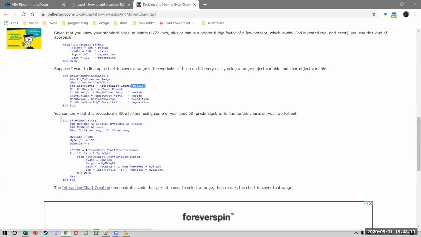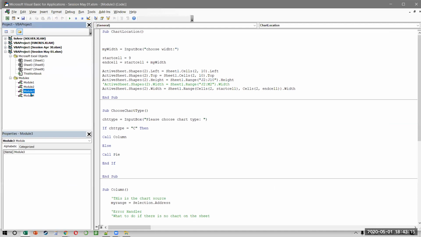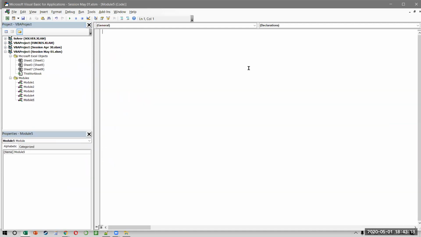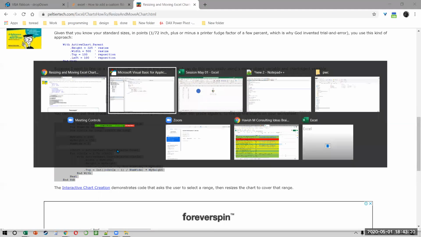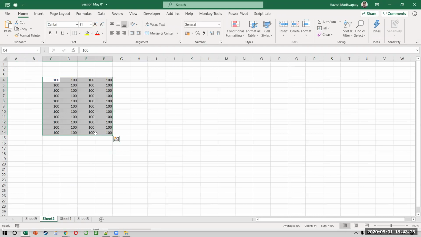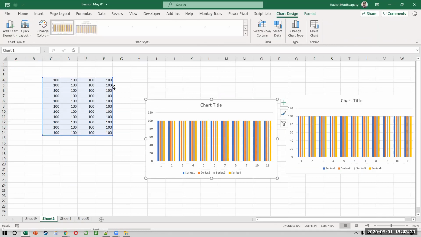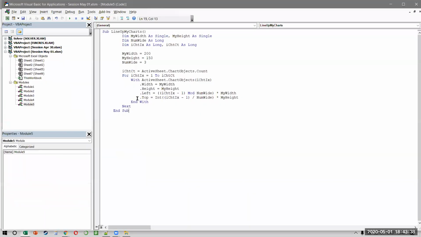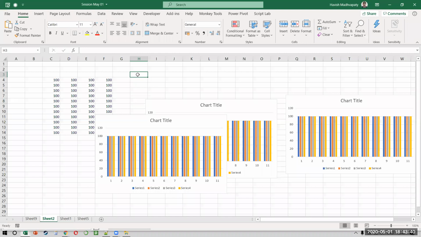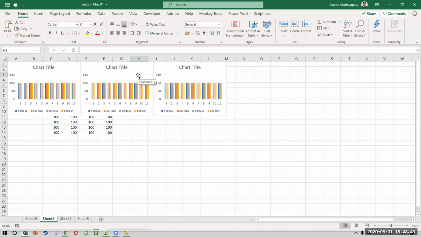I want to show you something. Look at this code. I'm not sure if this is the one I had in mind, but just see this. If I remember correctly, something like this will work when you have a lot of charts. I'm just creating, let's say 3 charts. Okay. And if this works correctly, line up my charts. How it should work is you will run the macro, line up my charts, and in one click, see what it does. Very cool, right?